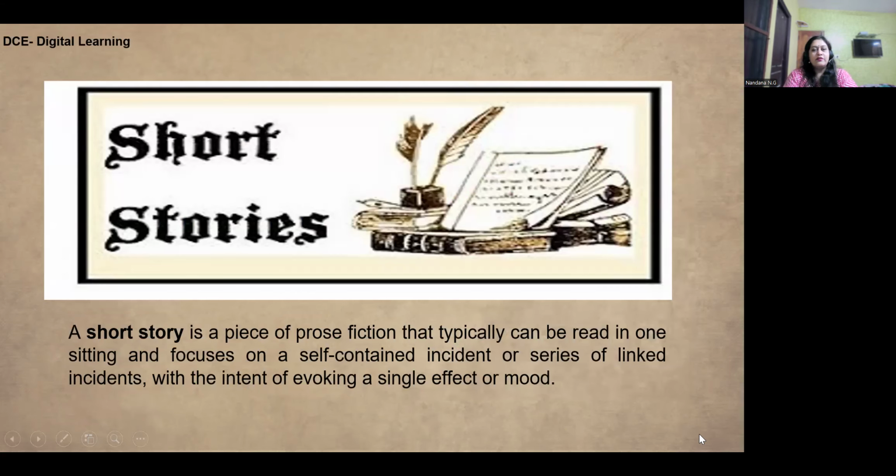Now let us define what is a short story. A short story is a piece of prose fiction that typically can be read in one sitting and focuses on a self-contained incident or series of linked incidents with the intent of evoking a single effect or mood. So a story, as we are aware, usually has a beginning and an end, and a few characters are there in the story, and the story starts from one point and goes in an order,